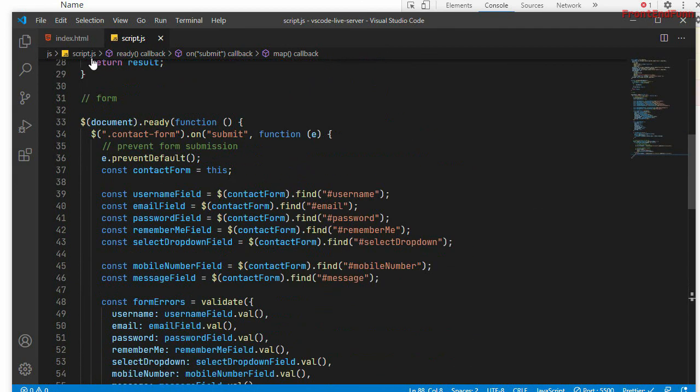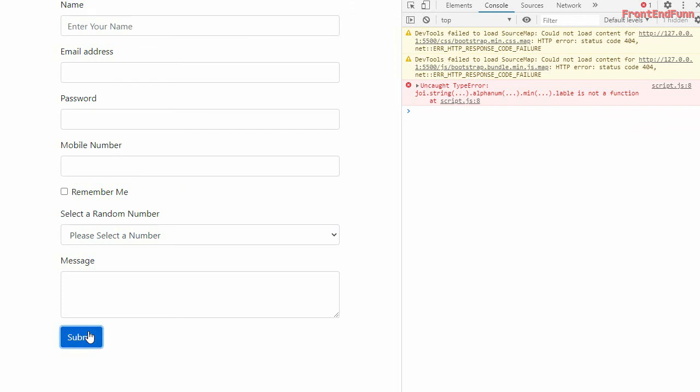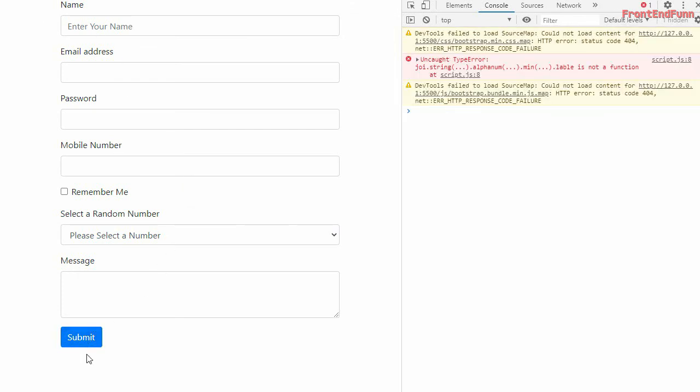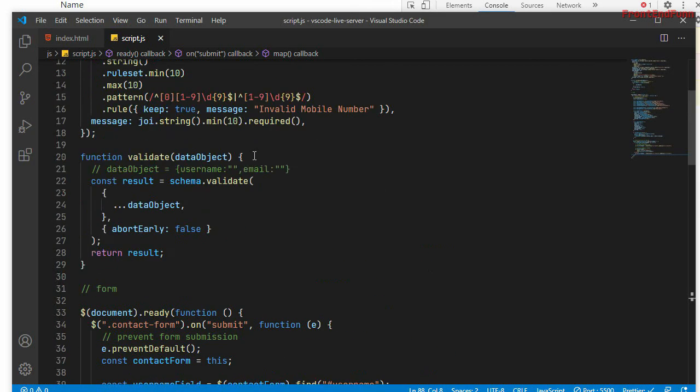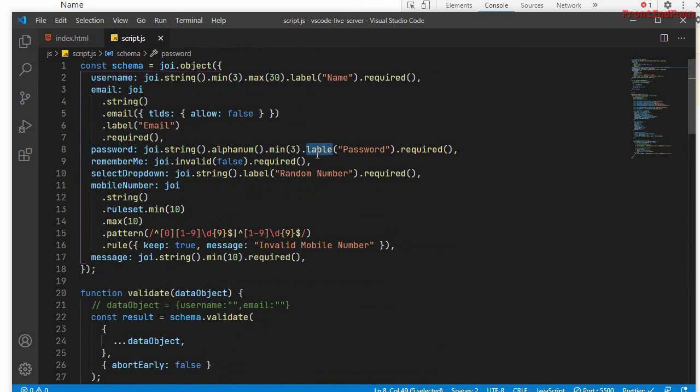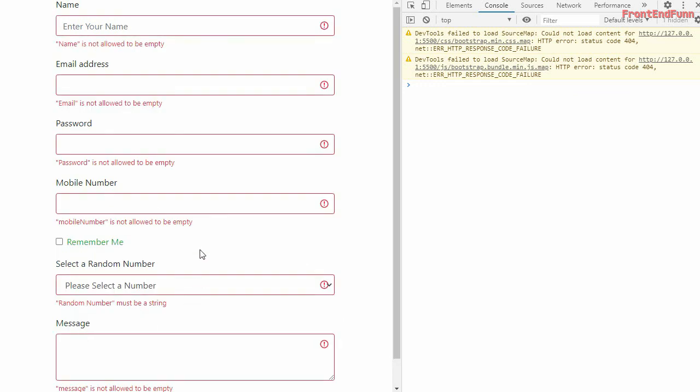Fine. So finally let's give this a try, and if I click on submit, okay, label spelling is a mistake here. Okay, remember me. Fine.